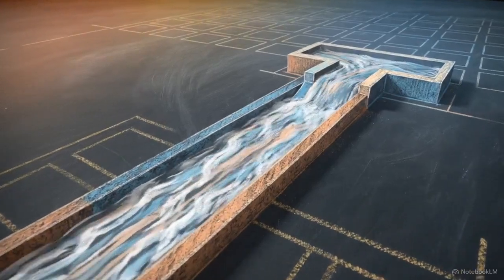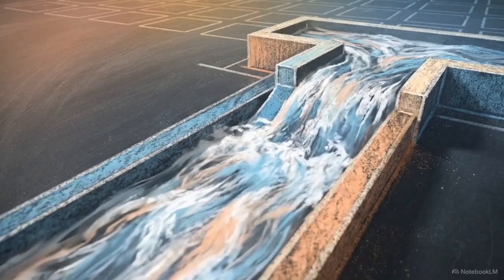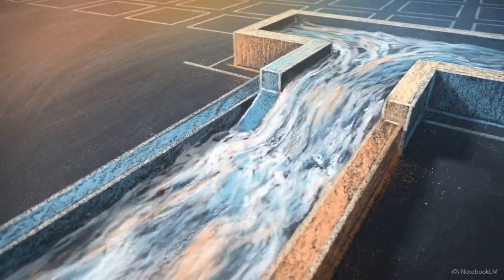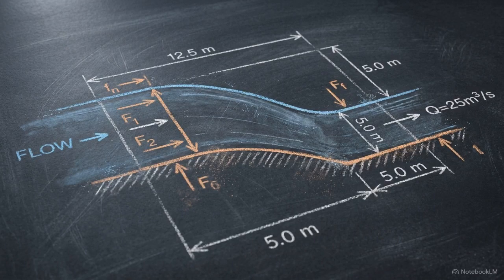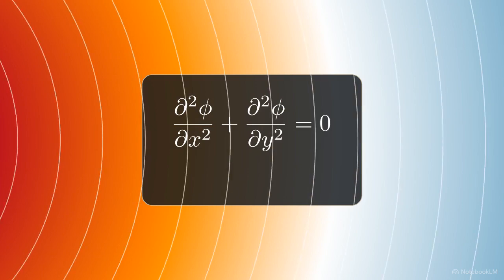When we need to model steady-state, two-dimensional physical phenomena, like ideal fluid flow through a channel or heat conducting across a metal plate, we rely on specific mathematical models to describe the environment. This behavior is captured by the 2D Laplace equation. As shown here against a continuous thermal gradient, it is a second-order partial differential equation that models how potential distributes